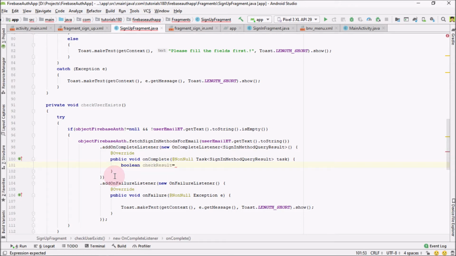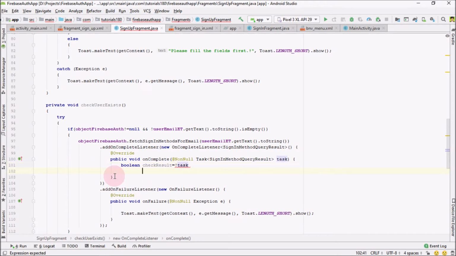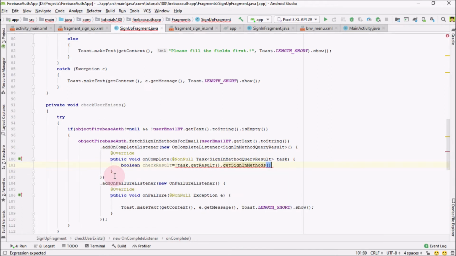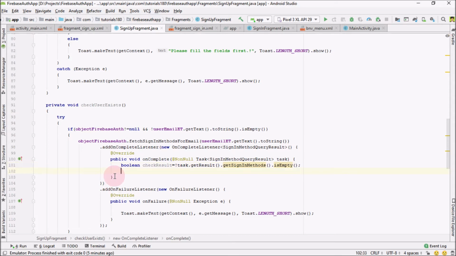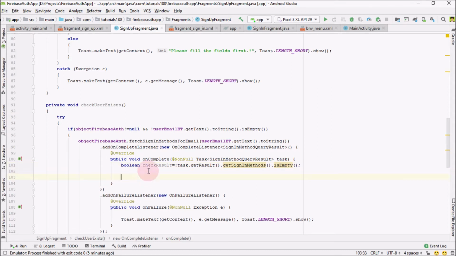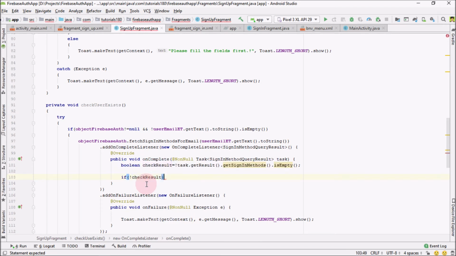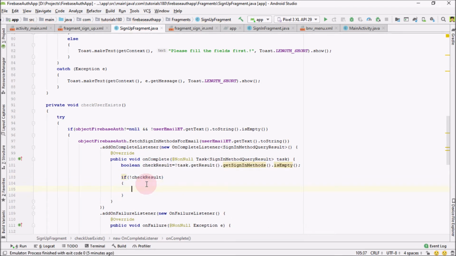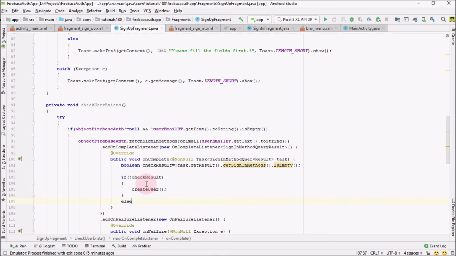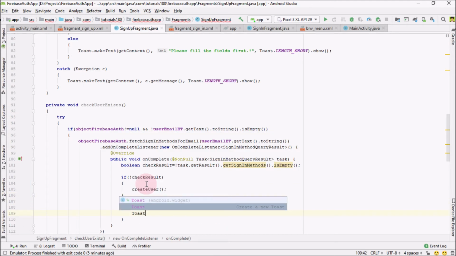And now here I'm going to create a boolean variable that will store the check result, and we are going to get that result from task dot getResult dot getSignInMethods is empty, and this should not be true. Okay, and after getting the result in the form of a boolean true or false, if this check result is not false, then we will call the method createUser, else we are going to toast